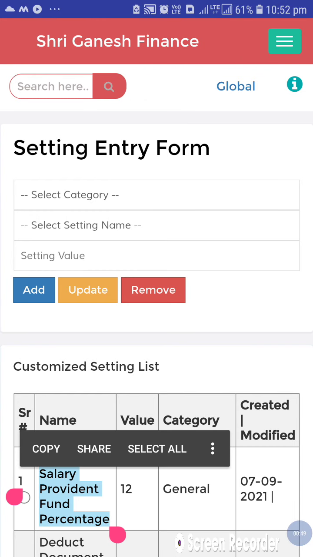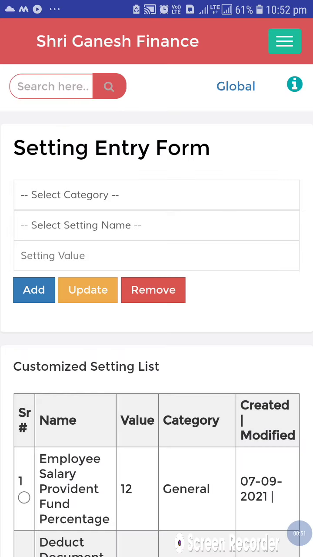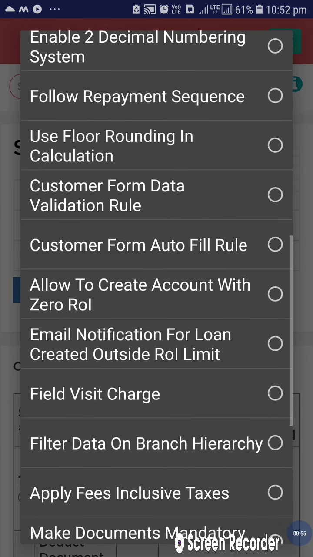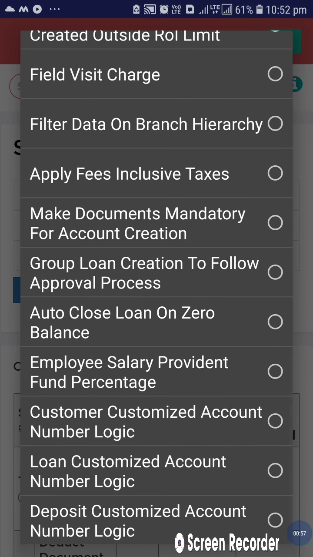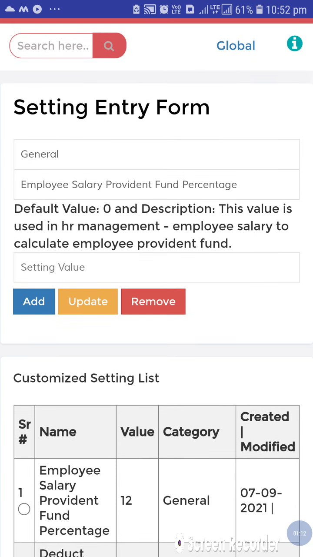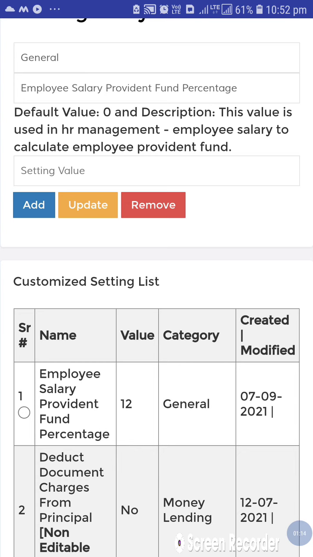For example, let's select general and let's select the setting of employee salary provident fund percentage. This value is by default 0, means without PF you can pay the salary. And now I have set it to 12% for the PF.